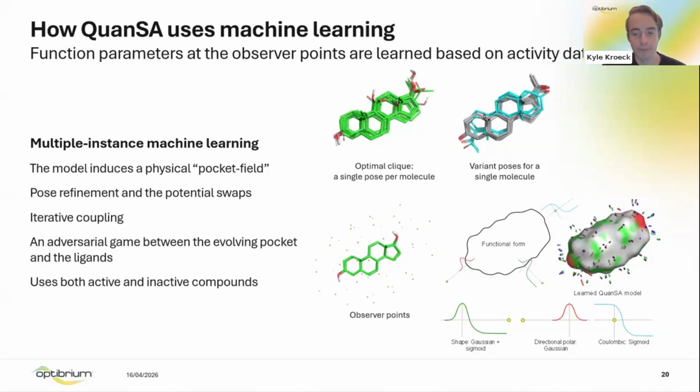By incorporating molecules with low or no affinity, the algorithm learns the physical boundaries of the pocket, defining steric walls and forbidden electronic regions where interactions would be repulsive. This dual-sided approach ensures that the resulting model doesn't just recognize what makes a molecule work, but explicitly understands the physical constraints that cause a molecule to fail.